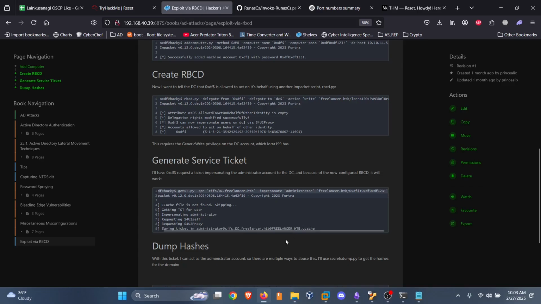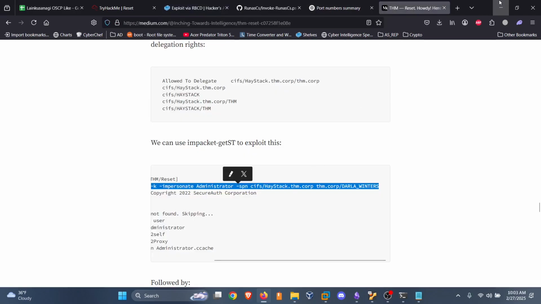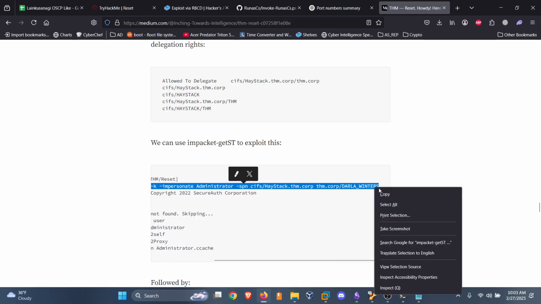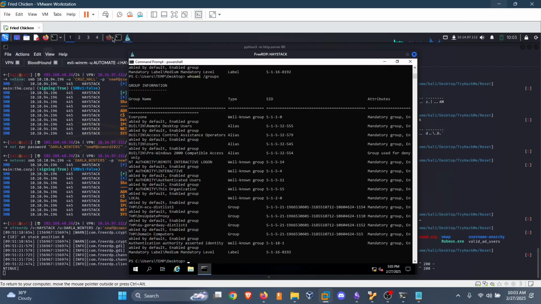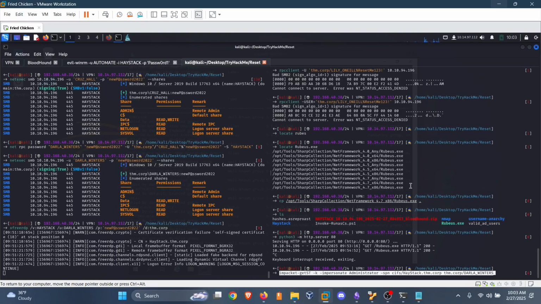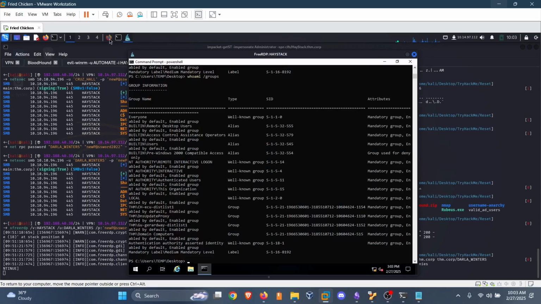It's the user. Interesting. And I don't think they even need to use the -k, to be honest, in this command. Yes, we're trying to become this. This is us. But how about if I just remove the -k? I don't think I should have an issue. Yeah, and I can just use Darla's password, which was